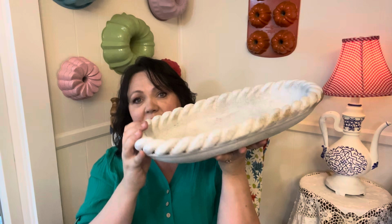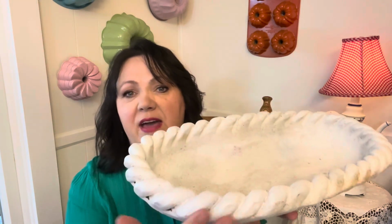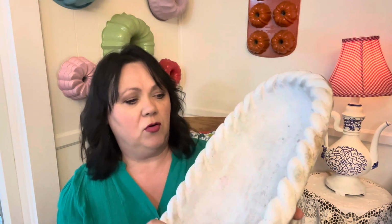And I used to have a kind of a bowl that I put them in, and it broke. So this one I think will be perfect, especially having the rope design. It kind of had that nautical feel. And I don't think I'm gonna change the paint or anything. I kind of like it, kind of distressed looking like it is, but it was $9.99. Okay, the next items I have, and these will be the last ones before I show you the thrift flip that I did,